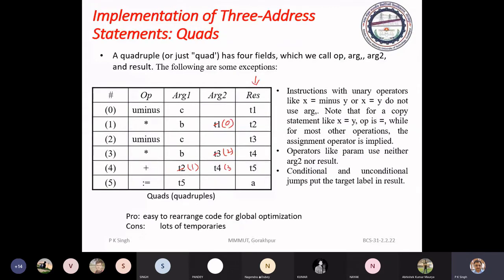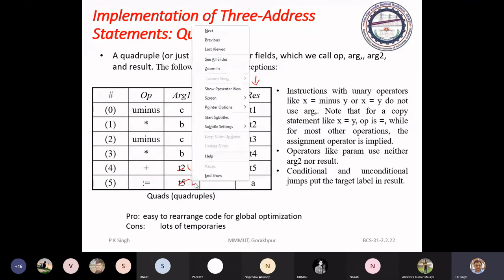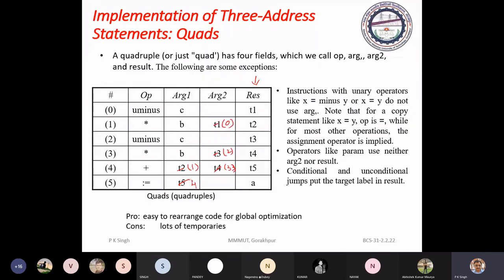So here you have to reference 3, and 5 is calculated at 4. So it will be a reference 4. So we write the reference.